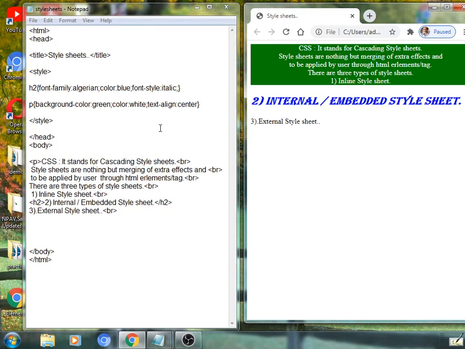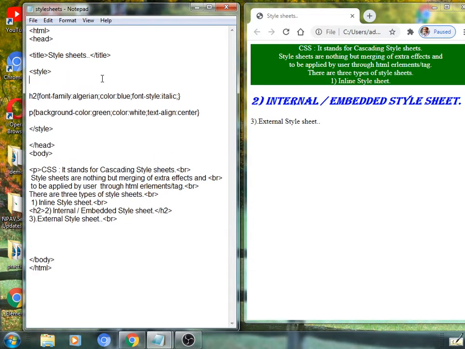If you want to apply one more selector, you can design it in the head section within style and slash style like this. Suppose one more effect on content you want to apply, it is possible again, no doubt. Here we are going to design a new element, body.